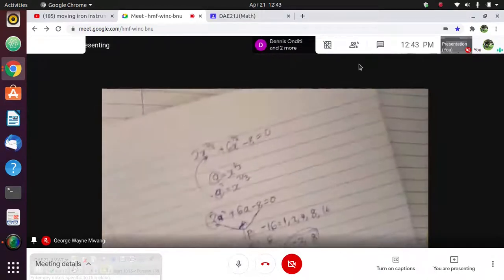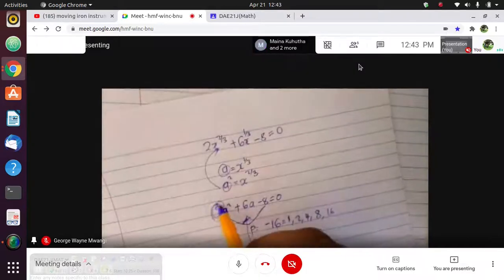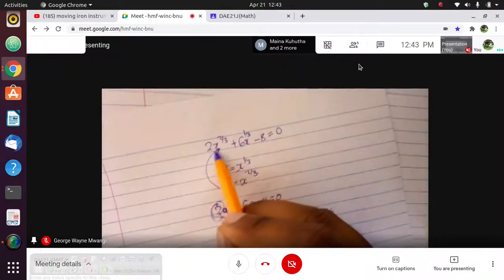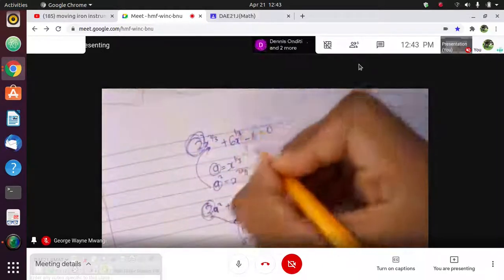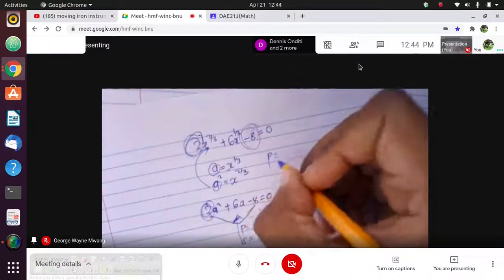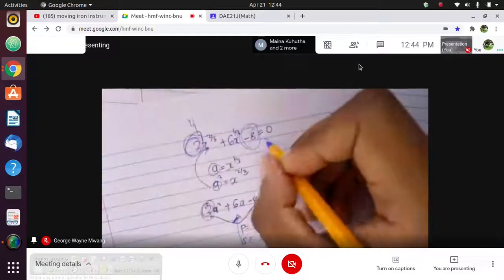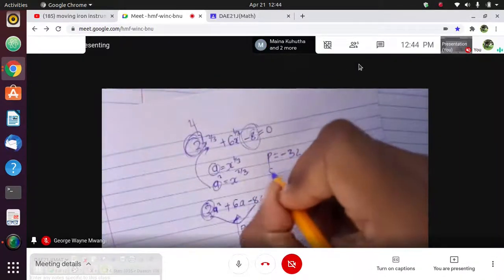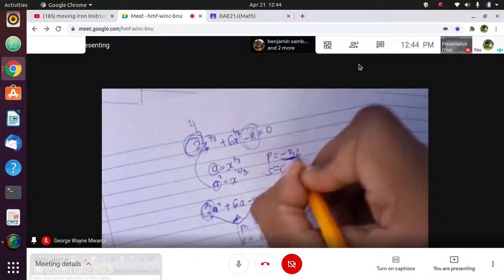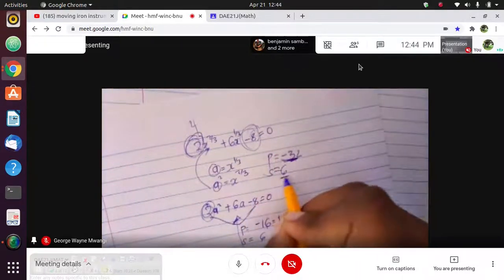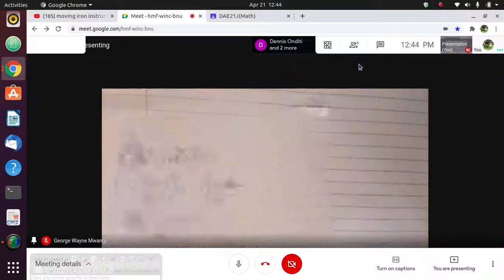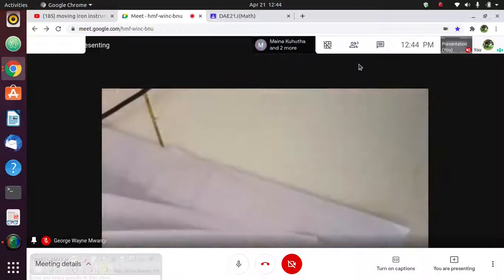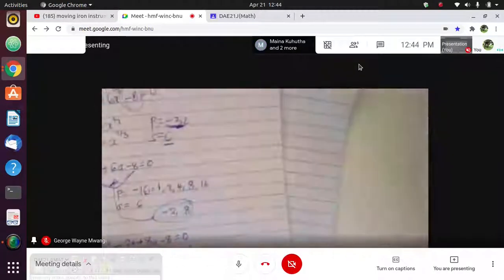So if you have a number over here, any number before the x, the first term, don't worry. Just take this number, the coefficient of that first term, and multiply it by the constant to get the product. If you have 4, you will have minus 32, and the sum will be 6. So what numbers will I multiply to get minus 32, and when I add them I get 6? Now, are we together? Now what we've done is we have a lot